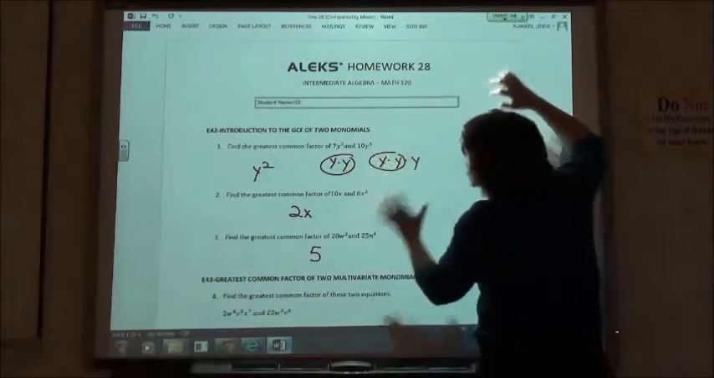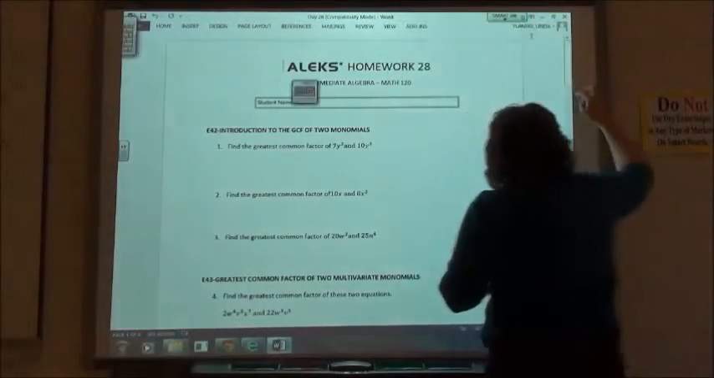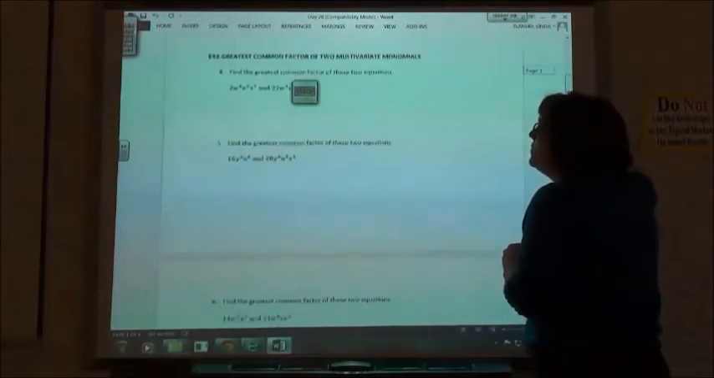Once you do the shorter ones, then they're going to get into a little bit longer ones on the next three. So number 4,